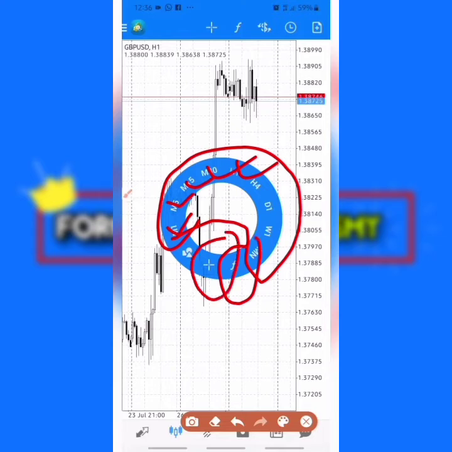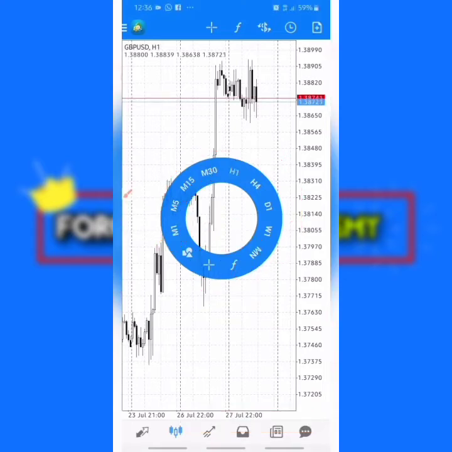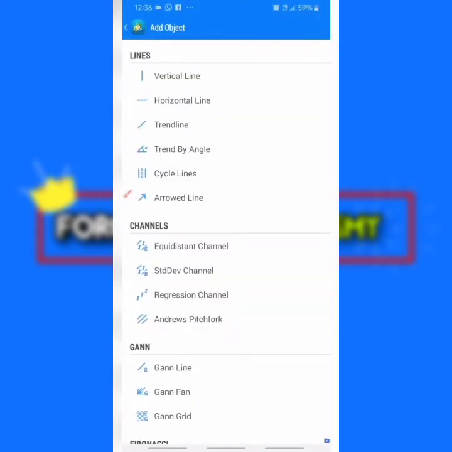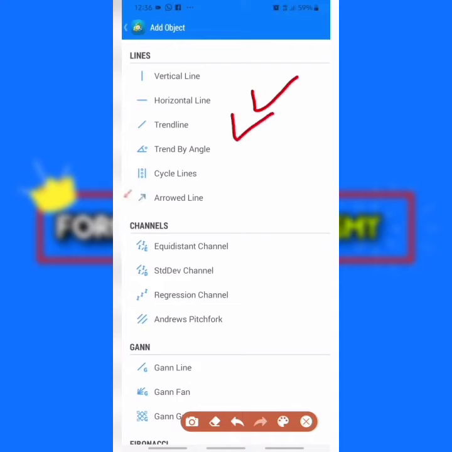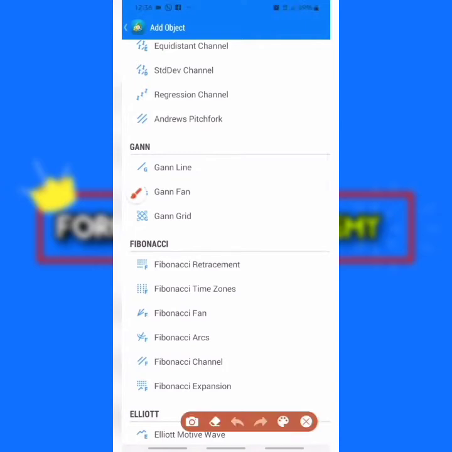And then the only thing that we do not have there that we have here is the objects window. So if you want to add an object or you want to draw something on the chart, this is what you use. So let me click on that. You can now see these are the different things we use for analysis, like the horizontal line, the trend lines, the vertical line, the Fibonacci. You can see the Fibonacci retracement, the Fibonacci expansion,